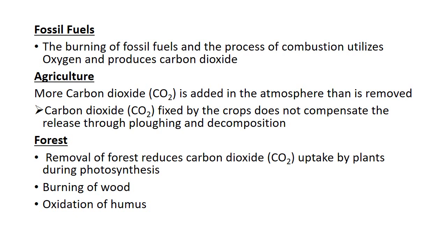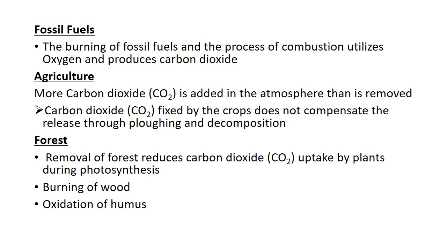There are three factors which are major anthropogenic stresses. First is fossil fuels. The burning of the fossil fuels and the process of combustion utilizes oxygen from the air and produces more carbon dioxide. Number two, agriculture. More carbon dioxide is added in the atmosphere than is removed. Carbon dioxide fixed by the crops is not equal to the release of carbon dioxide